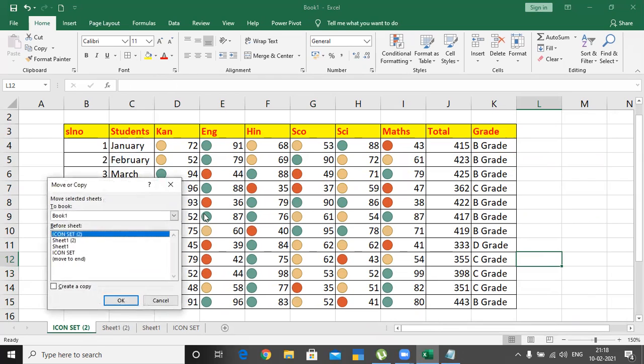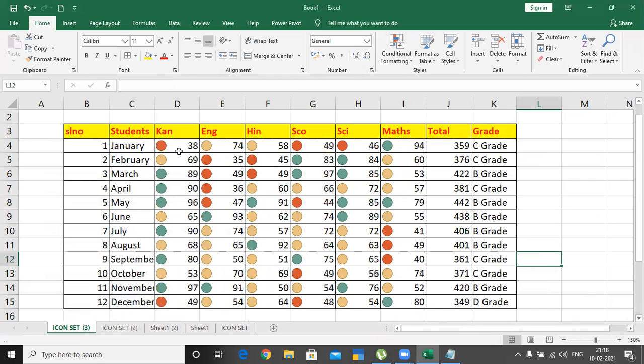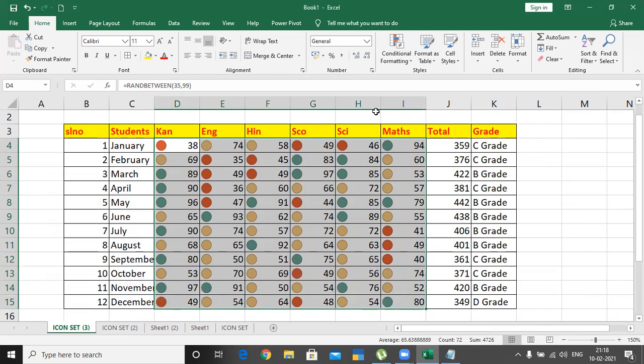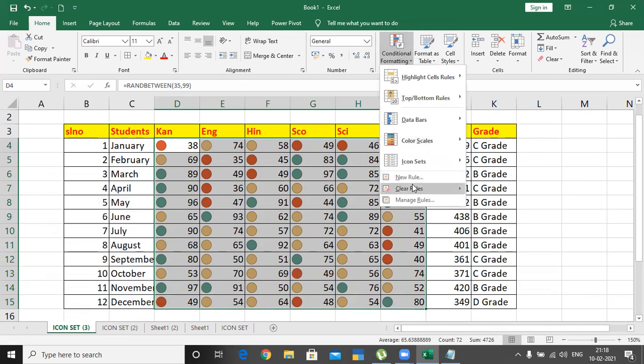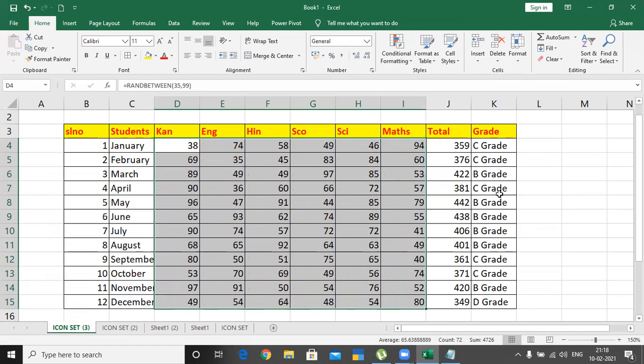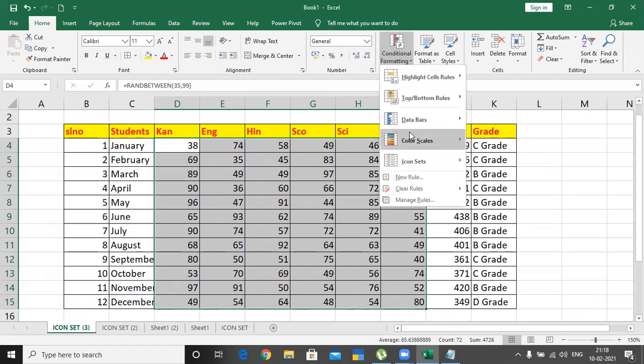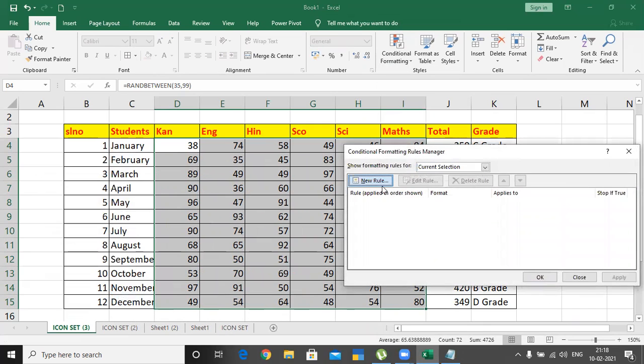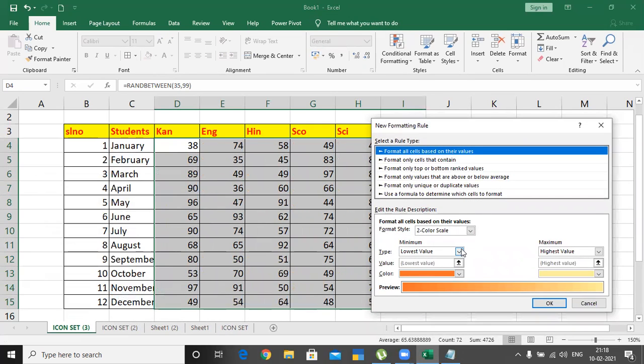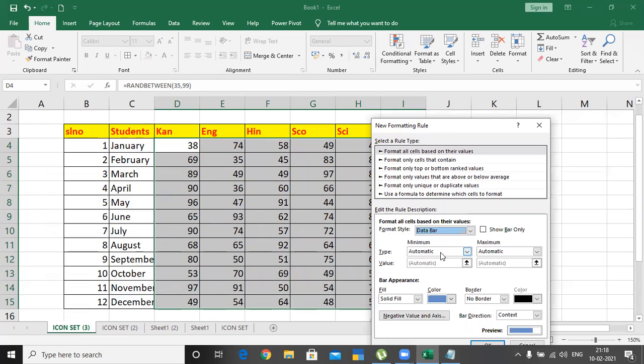Again you make one more duplicate copy, and you clear and apply the color. So delete this, go for manage rules, new rule. Here I am selecting the data bar, let it be.